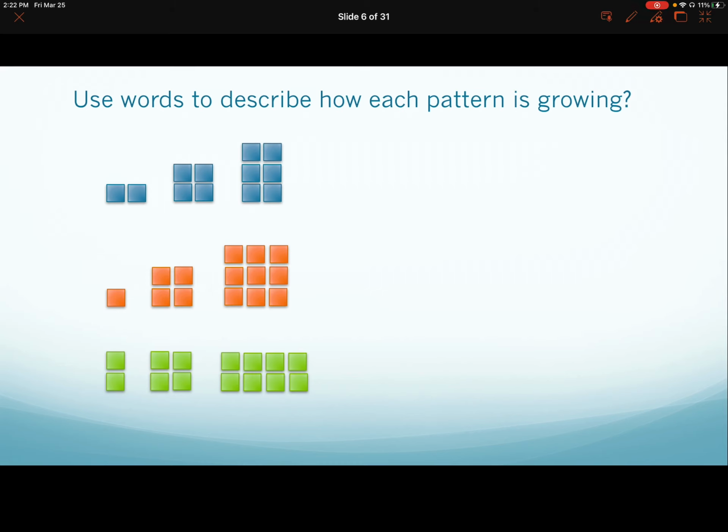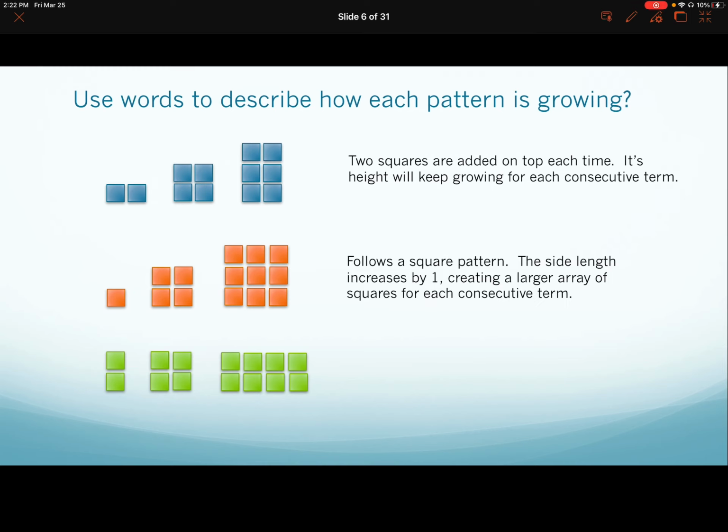Okay, welcome back. So for the first one in blue, as you could hear how I described it in the beginning, it went from 2 to 4 to 6. So you can tell it's actually just going up by 2. Two squares are added on the top to get each consecutive term. For the orange,